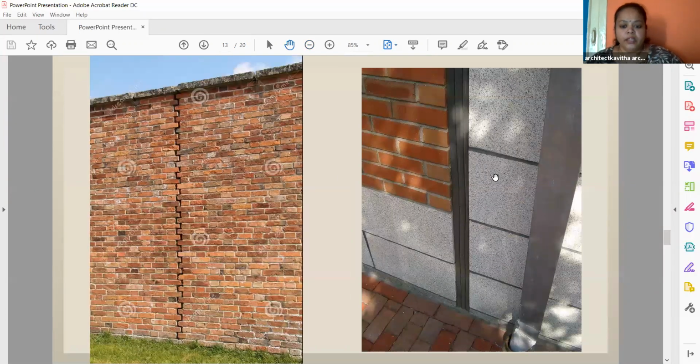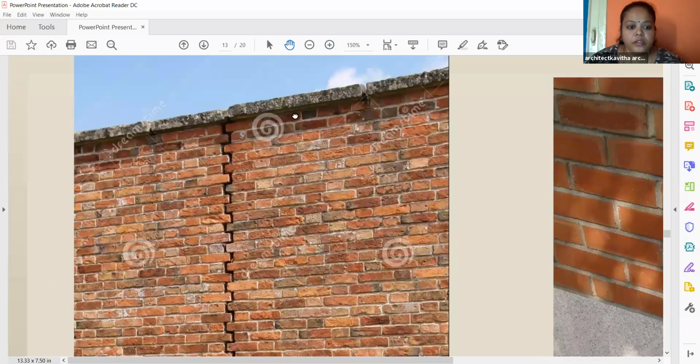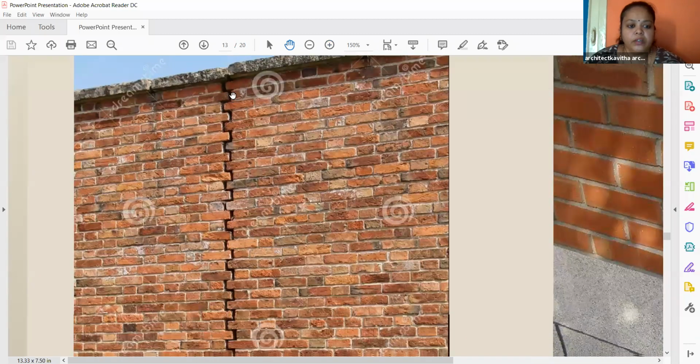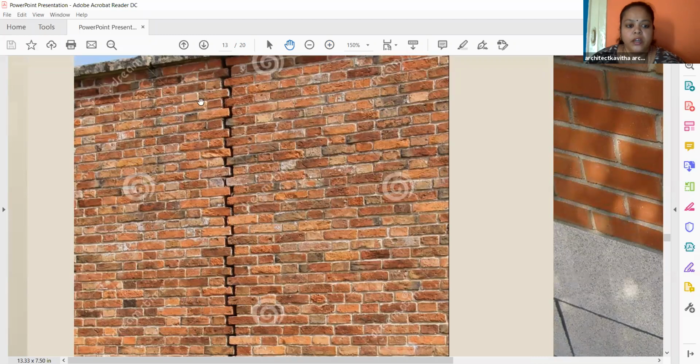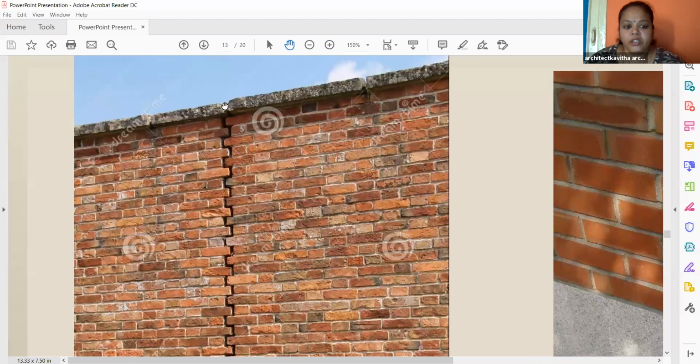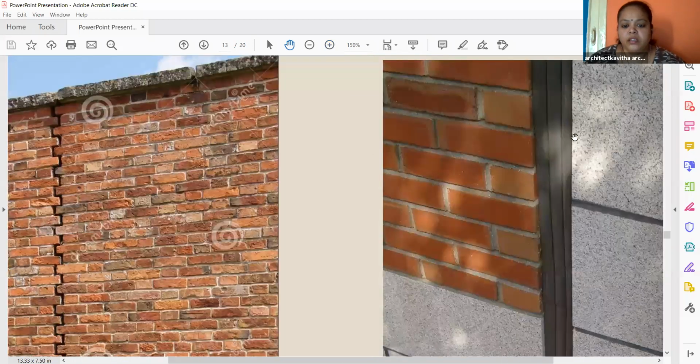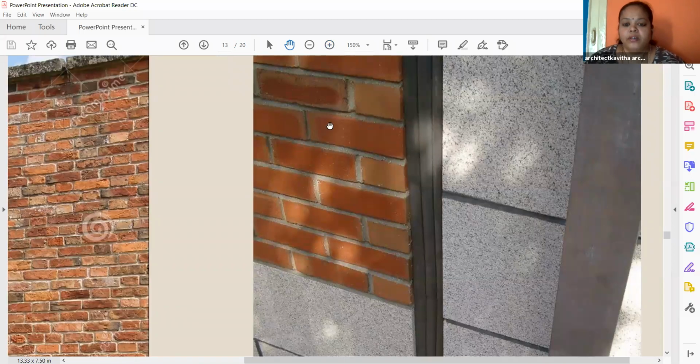So these are again various kinds of expansion joints in the buildings. So if you see, whatever toothing that you're giving, with that shape only they have given the expansion joint here. But again, at the top, they have given a joint here, so that if there is any movement, it can still have space to dislocate. Again, here if you see, these are different materials. So even for that they have given. So you have brick here, you have stone here, and this is the filling material they have filled. This will be again compressible material.